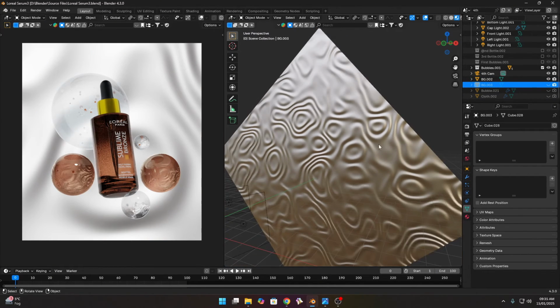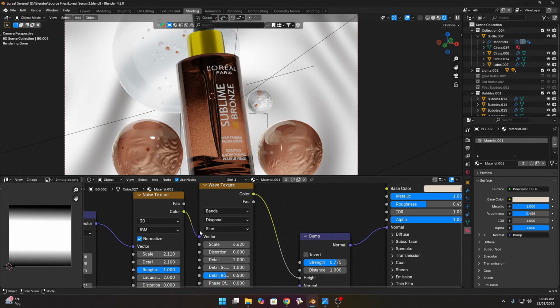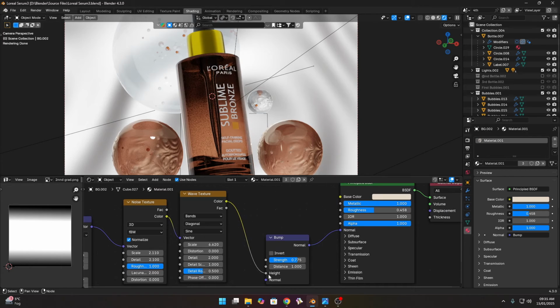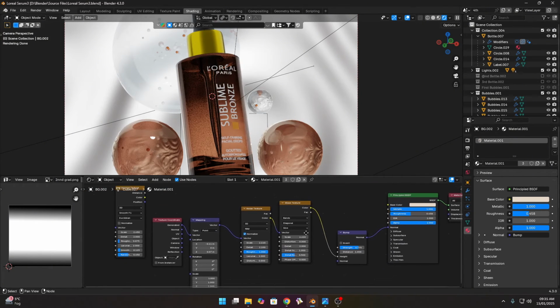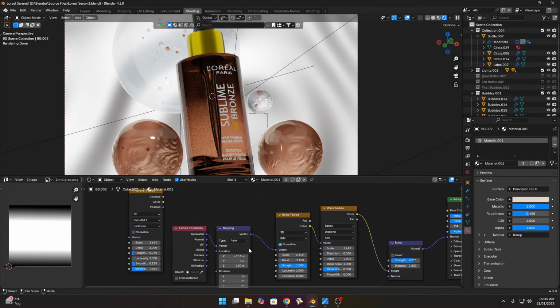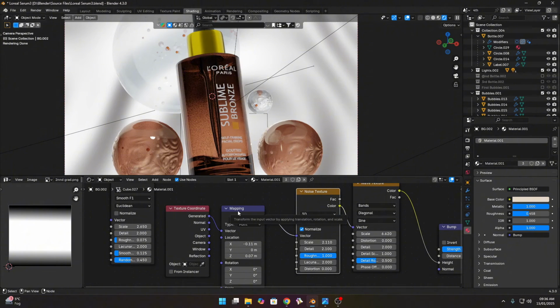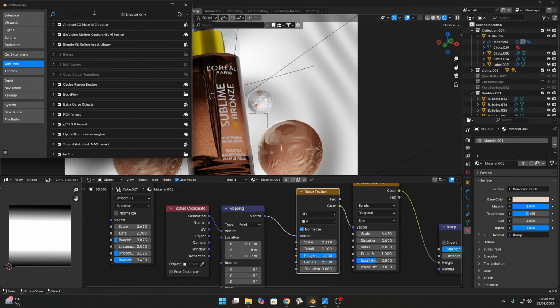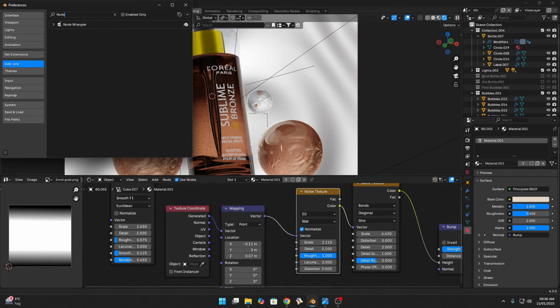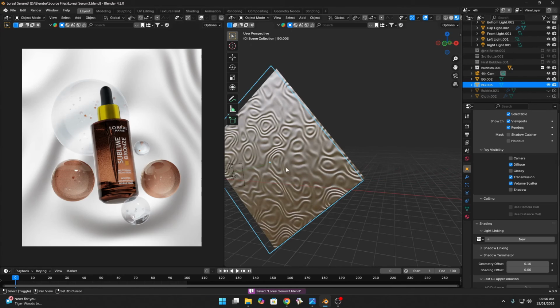Let me show you the node setup for this background. I just add a wave texture and a noise texture, put the noise texture color into the vector and the wave texture into a bump node in the height, and plug the normal into the normal. And those are my settings for the noise and wave textures. And I also plug in this fac. If you have the Node Wrangler add-on enabled, you just click on this and press Ctrl T to add these two nodes automatically. If you don't have it enabled, go to Edit, Preferences, Add-ons and search for Node Wrangler, and check this box, or you can simply add these two nodes manually. So that's our background.